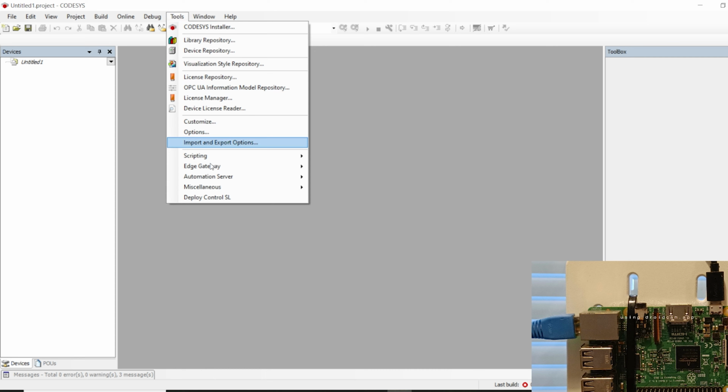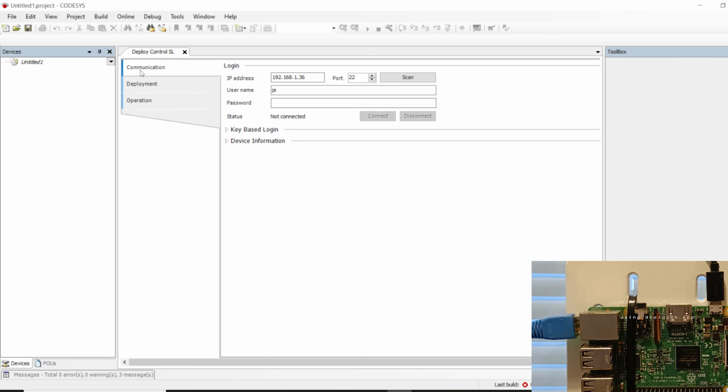Now go under Tools and select the Deploy Control SL tool here. Select that, and the first menu tab here is about the communication. What we want to do is first establish an SSH connection with our Raspberry Pi. So go ahead and put in the IP address of your Raspberry Pi. We know ours is